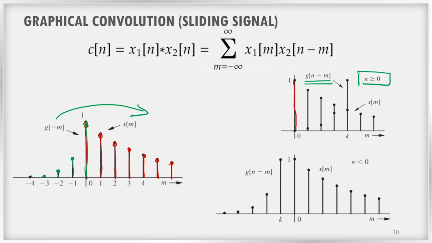So this is our x of m, right? In the brown color, right? And our g of m has been shifted, g of n minus m now, right? It's not g of minus m, it is g of n minus m that is shifted towards the right. So it will be at this position. It is like this, right? Now what I have to perform now? So this is located at this particular point k. The first value of g of minus m is located at this k, right?